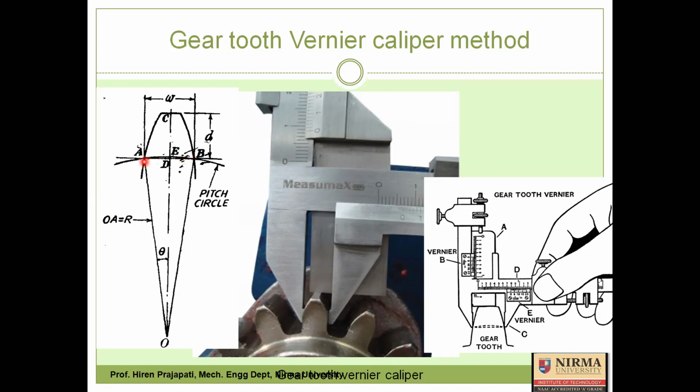But if you look here, ADB and AEB have a very minor difference in length. And as you move from top to bottom, the gear tooth thickness is continuously varying. As we move from the top land to the root of the gear tooth, the thickness continuously increases. So the actual gear tooth thickness is on the pitch circle. That's why, if you are using